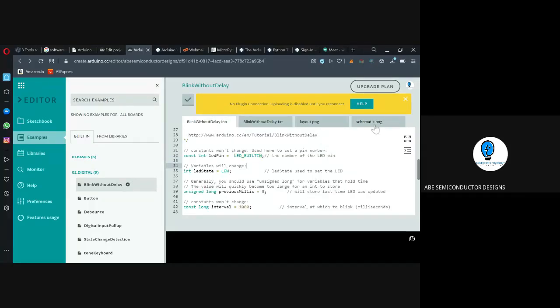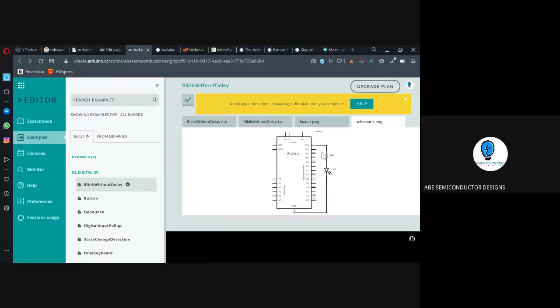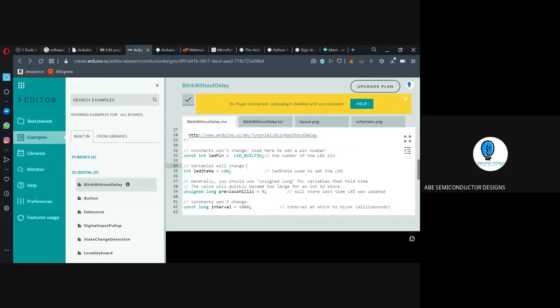So built-in, you have seen this. The pin number has to be generated. It is D13, the pin which is connected with the LED. So that is the LED built-in. The 13th pin will be considered, a digital pin, which will be considered as an output. So that is the LED pin.